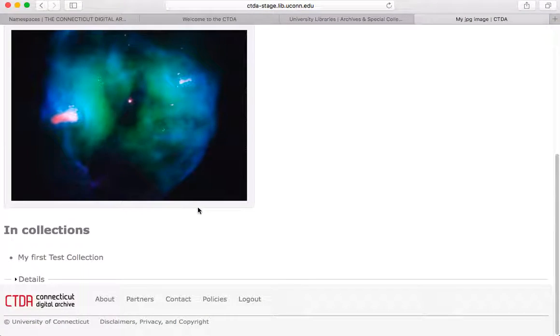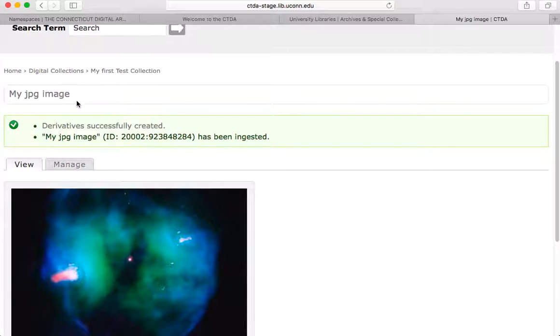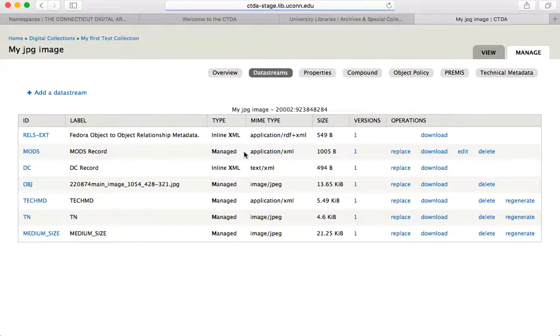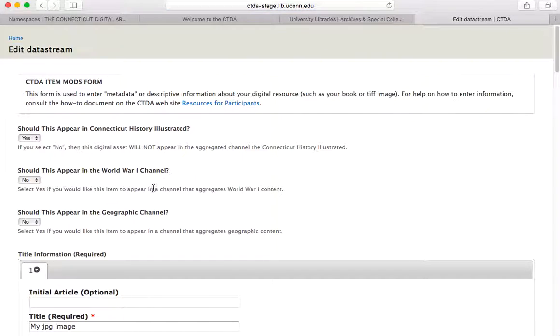And here you are. There it is. So, my JPEG image, and there's my JPEG image. Now let's say that I really dislike my title. Not to worry. Just click Manage to access your dashboard, Data Streams, and then with the MODS, which is your descriptive metadata, click Edit, which will bring you back to the form,